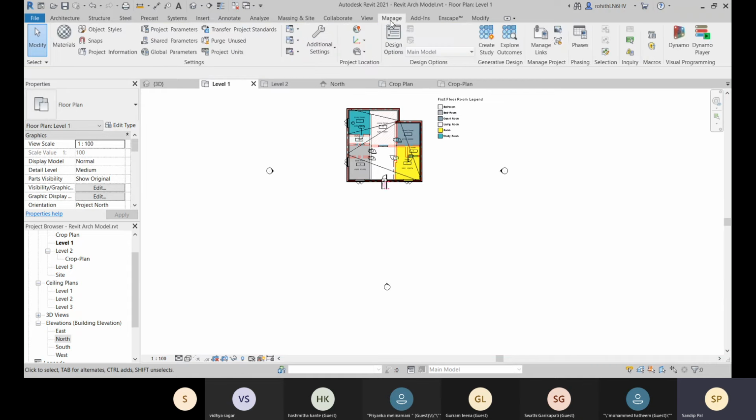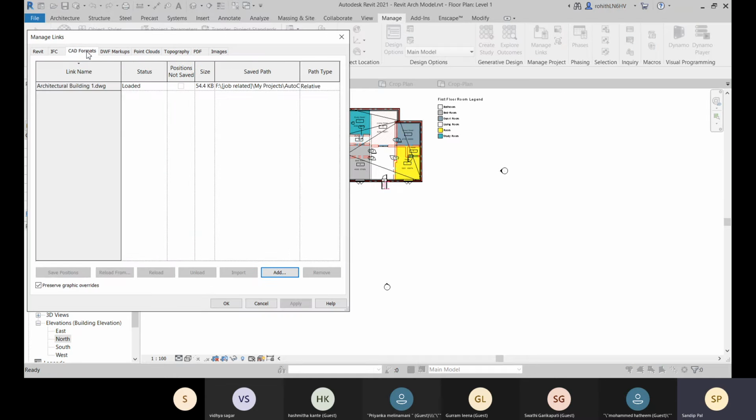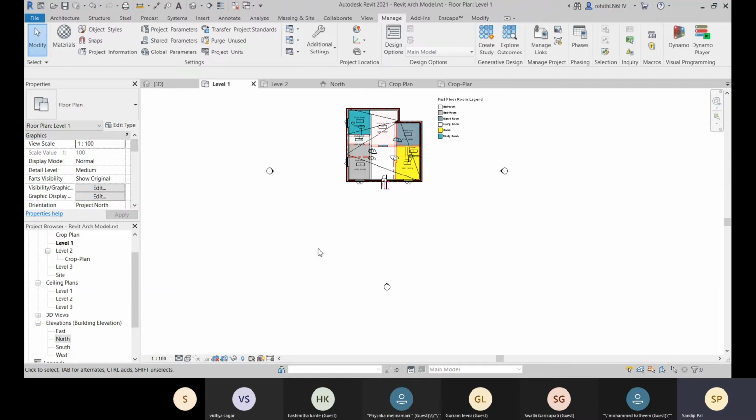You can come to this manage option, and you can go to this manage links. So that is the file, and you can reload them. Okay, you can go for that.